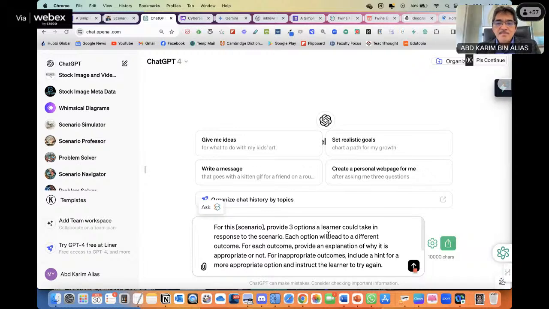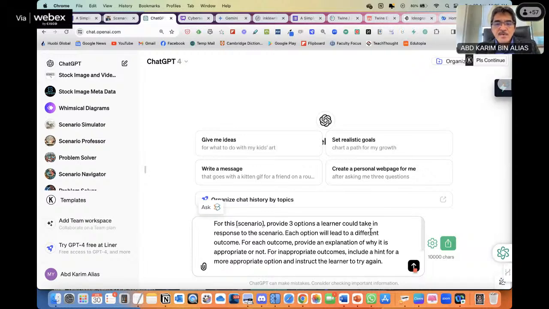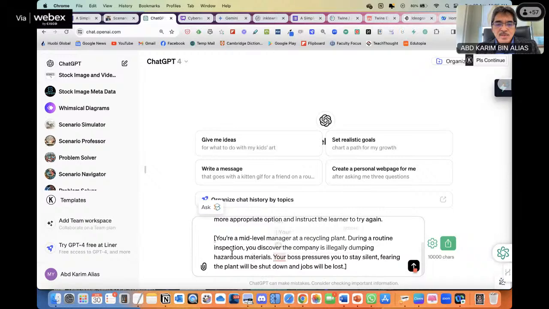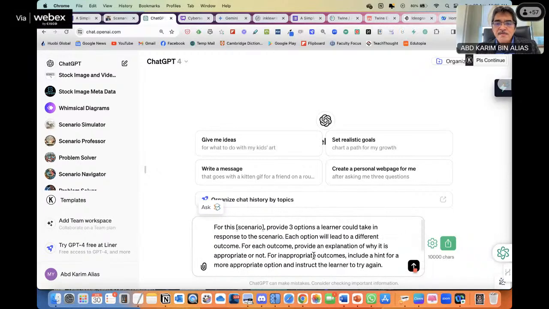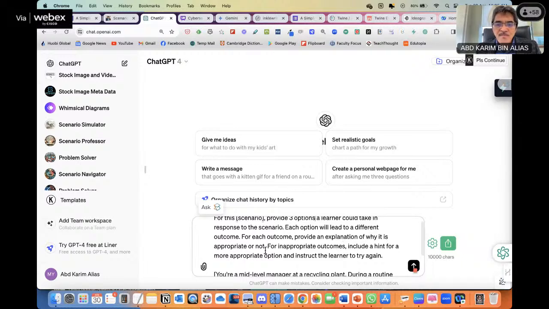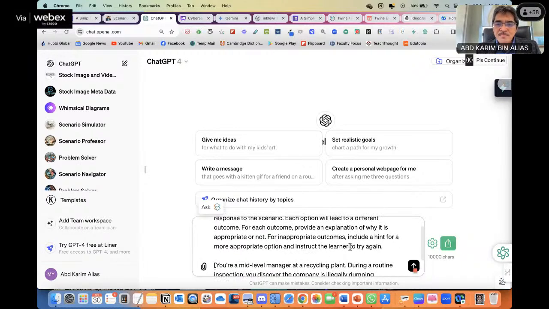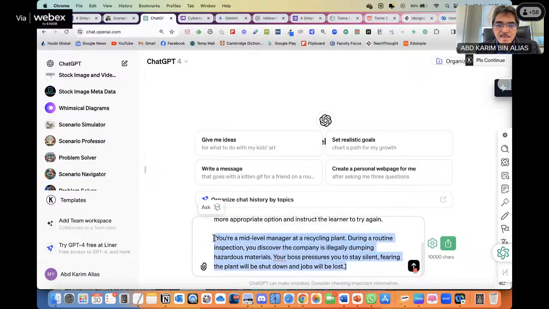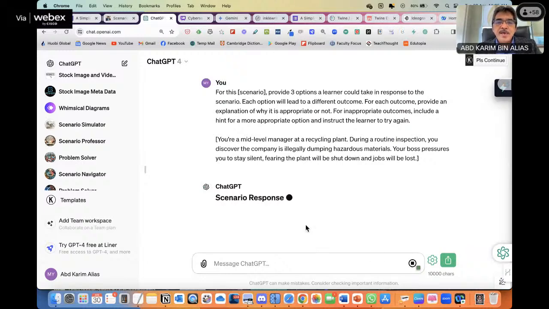In the prompt, provide 3 options a learner could take in response to the scenario. So this below is the scenario. Each option will lead to a different outcome. For each outcome, provide an explanation of why it is appropriate or not. For appropriate outcomes, include a hint for a more appropriate option and instruct the learner to try again. And then this is the scenario. Now I can click OK.